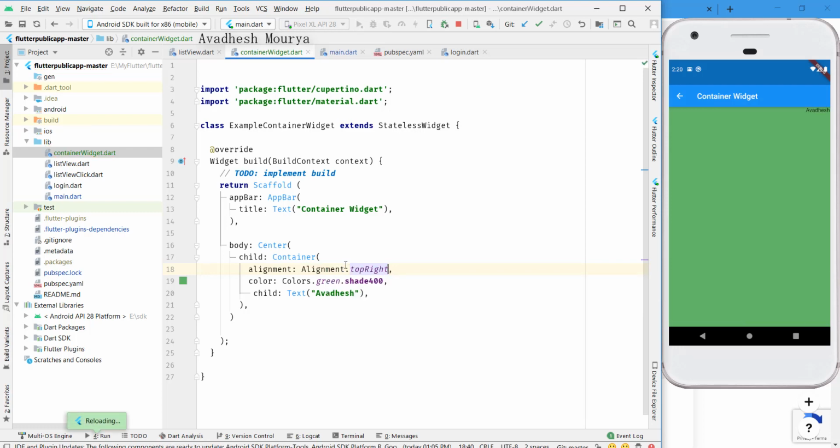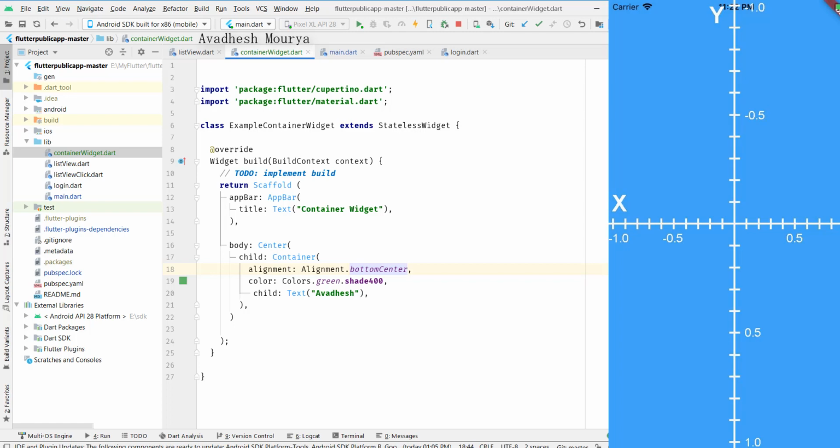And alignment also has different X and Y axes, like the middle of the device is 0, then starting from left to right: -1, -0.5, 0, 0.5, 1, and on the Y axis, from top to bottom, top is -1, and then center is 0, and so on. You can see that in the image. Here I'll show you in the image.